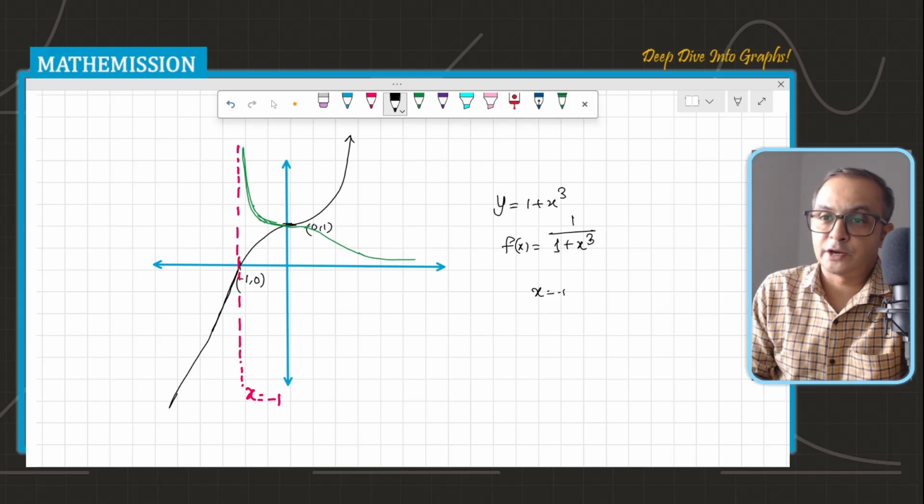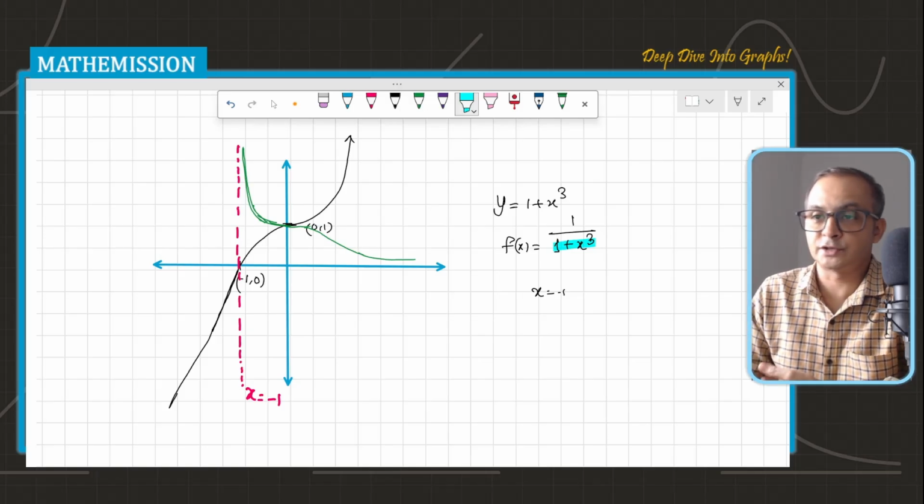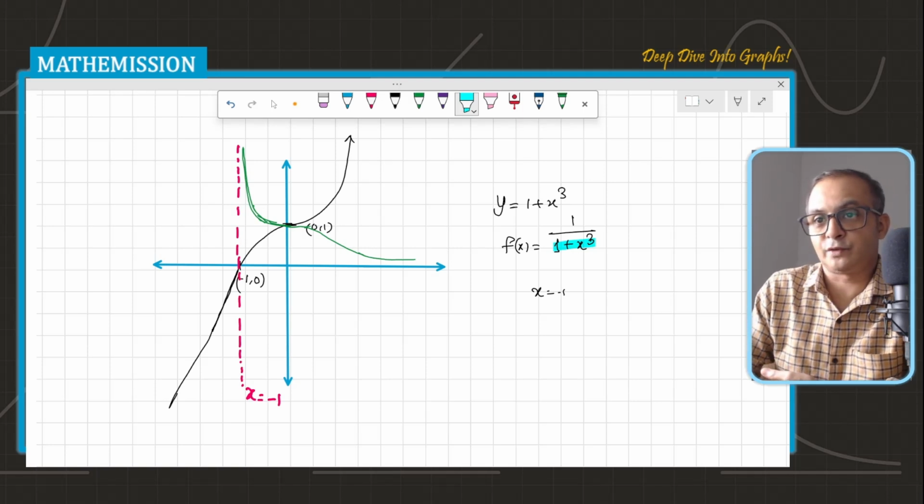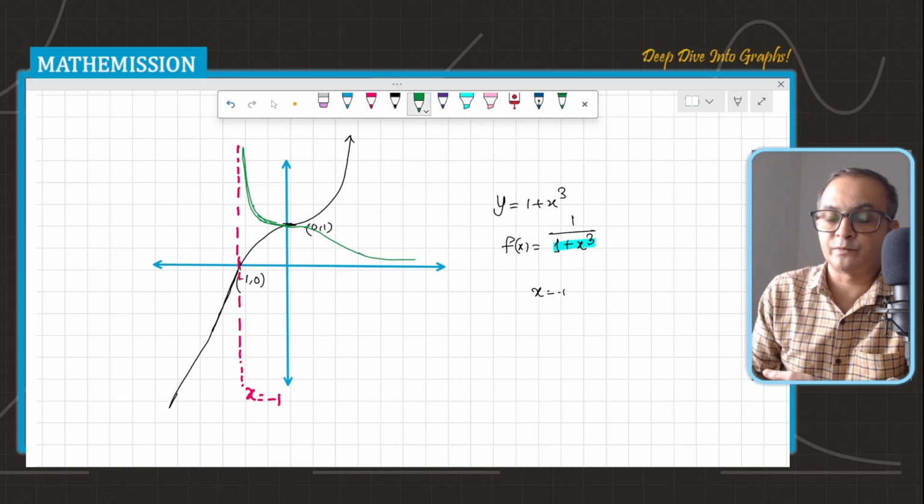But you can notice that whenever I'm taking any value lesser than -1, this is still a negative quantity. This quantity is negative, so the entire quantity is negative. If you substitute x equals -2, this will give you 1 minus 8, and so it is a negative quantity. Here after -1 it will be positive, that's why it is above the x-axis. So here I have to be negative, so it's decreasing, so it should start